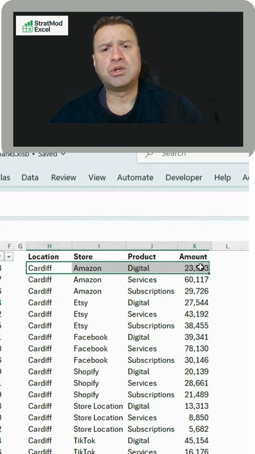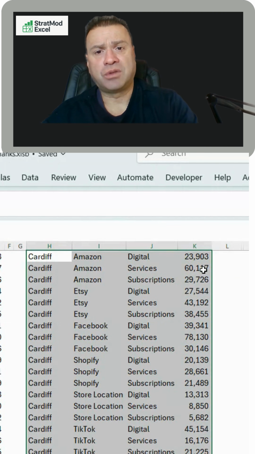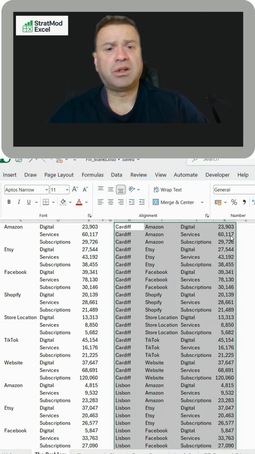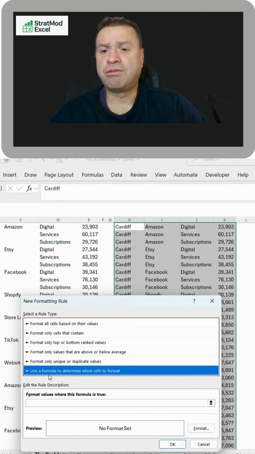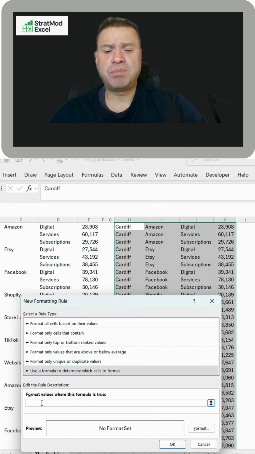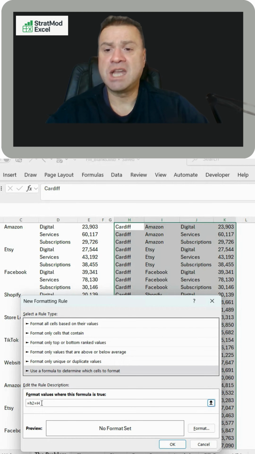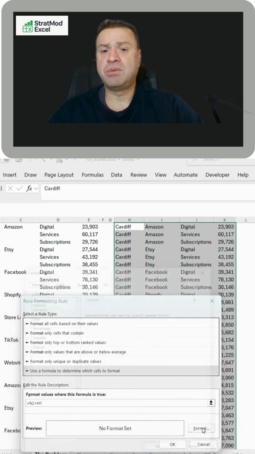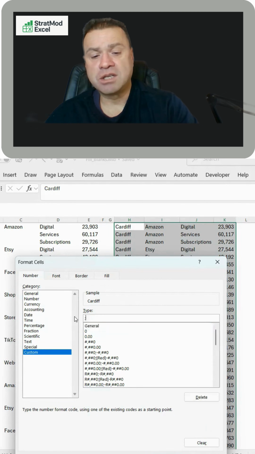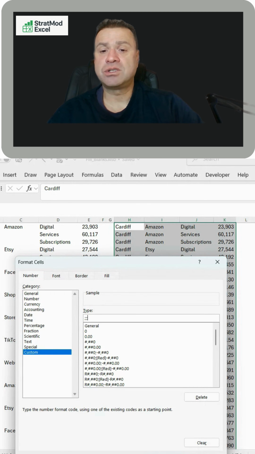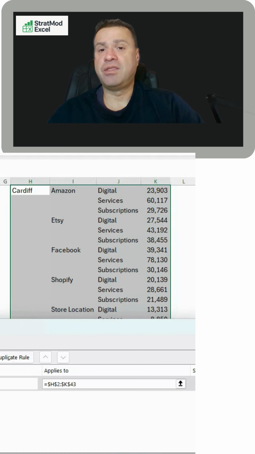So simply all we do, we select the table and then we go Alt H, Alt L, and it'll get us to the conditional formatting section. We go new rule with a formula, and we simply put in a formula where the active cell equals any cell above itself, then we're going to put this format in place, which is a custom format. We're simply going to put in place 3 semicolons, click OK, and apply, and there you have it.